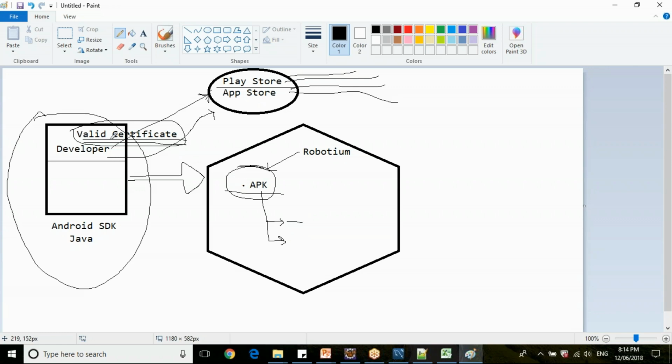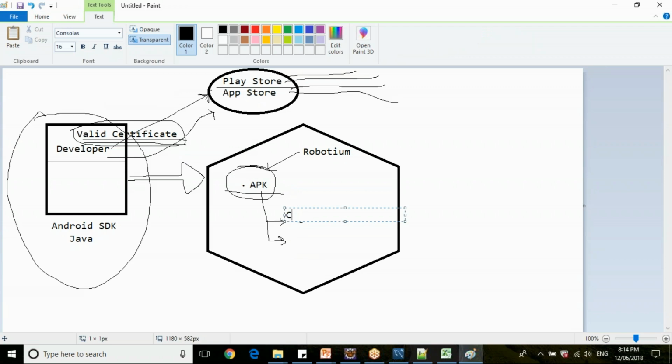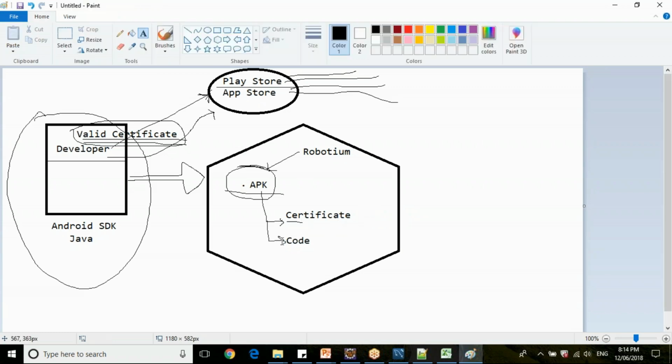Then you need to remove the certificate that the developer added here. When you extract this APK file, you will get the certificate and the code. So what the tester did when automating with Robotium or other old tools is extract this APK file and delete this developer certificate.